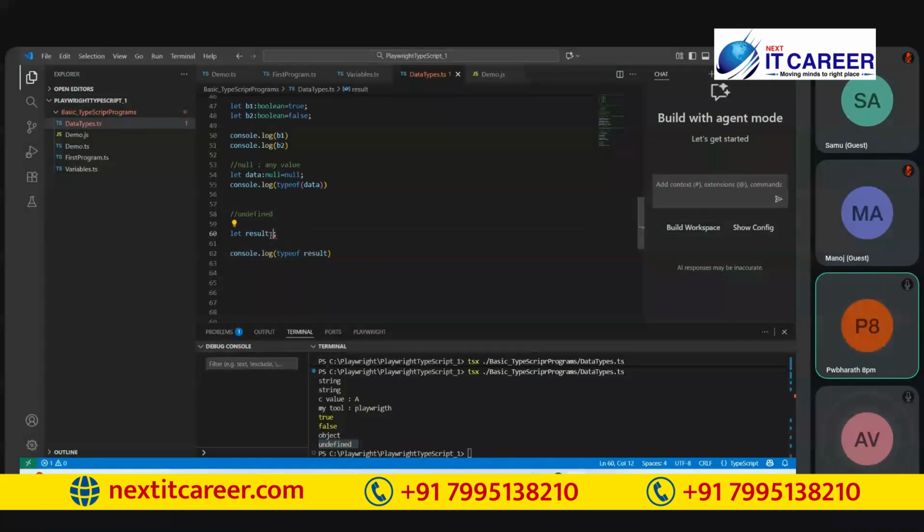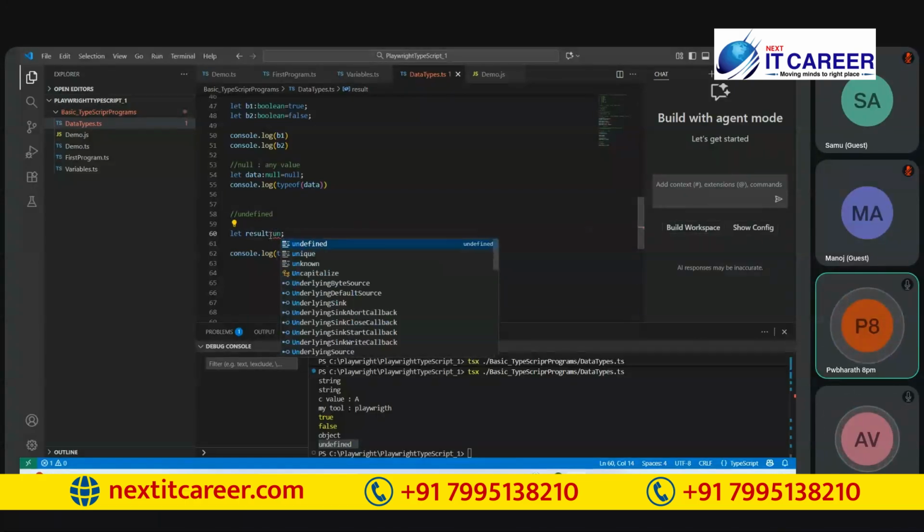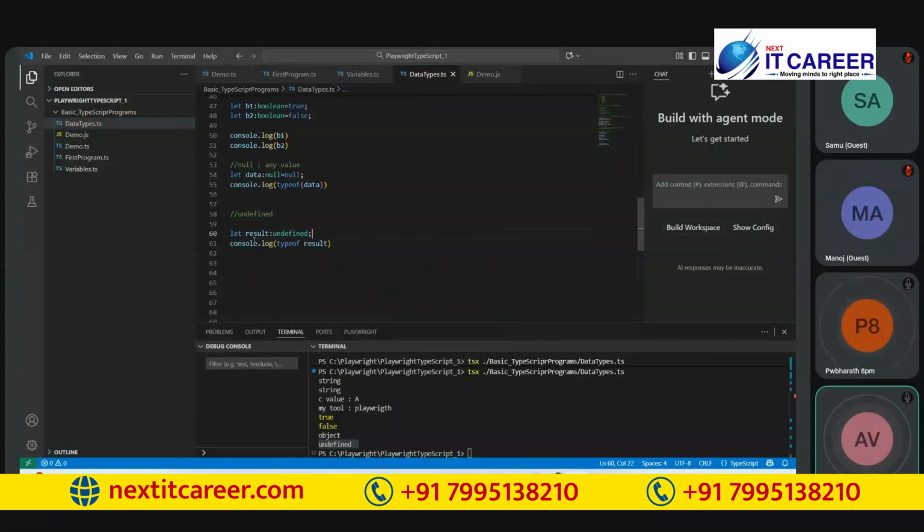So this undefined and null we are not using anywhere in Playwright automation, but they are used in some specific conditions when we work on arrays in TypeScript. Is it clear? Yes, Bharat. But Bharat, for the null value, in the output it gave object. Yes. By default, it returns object. Okay. I will tell you what an object is when we discuss non-primitive data types. But as of now, it is not required. That's why I calmly avoided that.